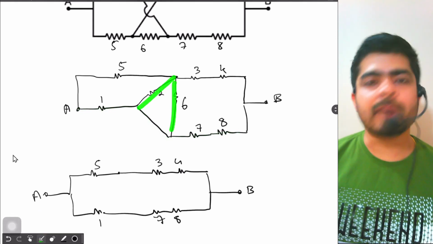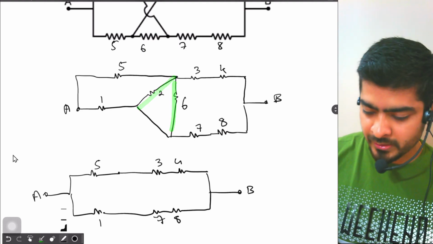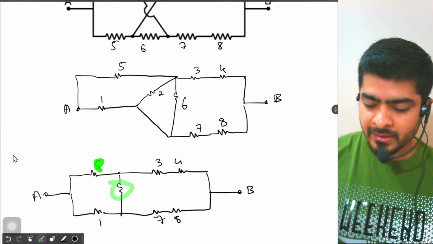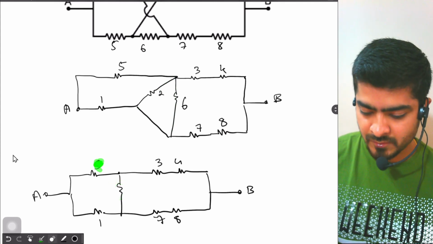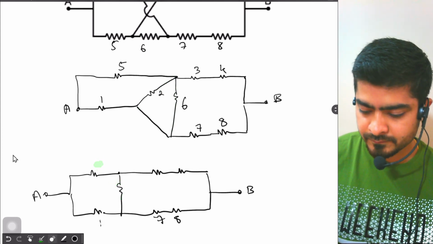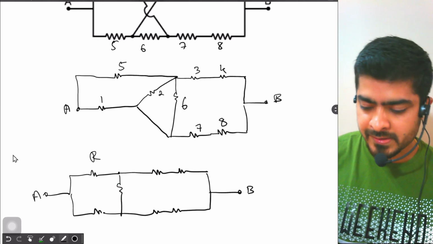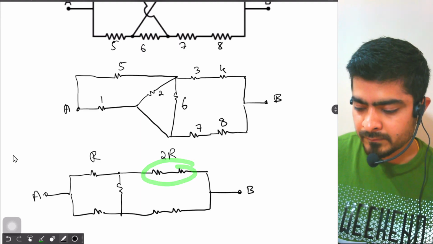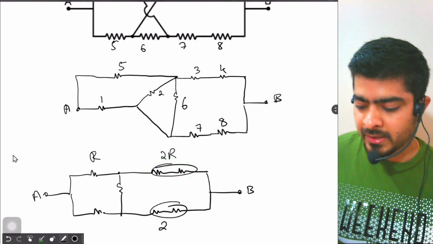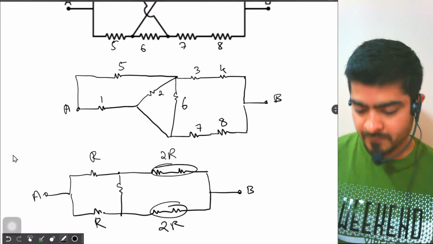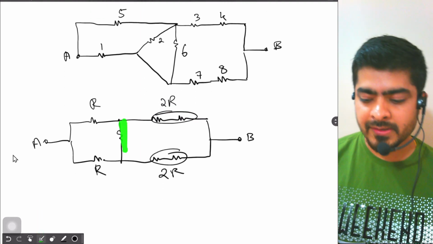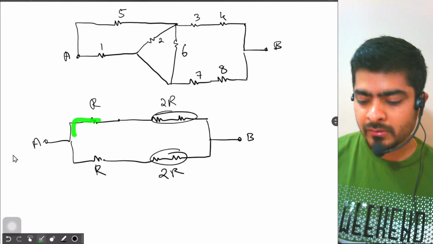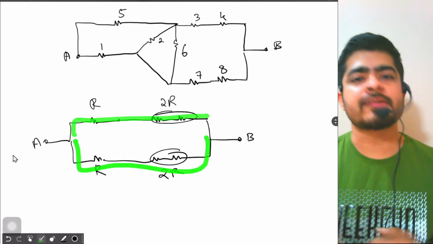and these two are combined together, they will be joined together in parallel, so they will be forming a single resistor over here. So now we put the values of all the resistors. Okay, so this is R and these two are in series, so we get a net resistance of 2R. Okay, similarly here also I get net resistance 2R and this is R. So you're getting a Wheatstone bridge where this bridge is balanced, so we don't need the bridge over here. So again we have 3R over here, 3R over here, so total resistance will be 3R by 2.